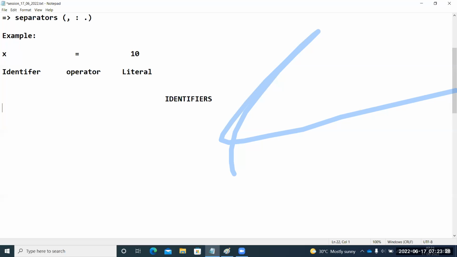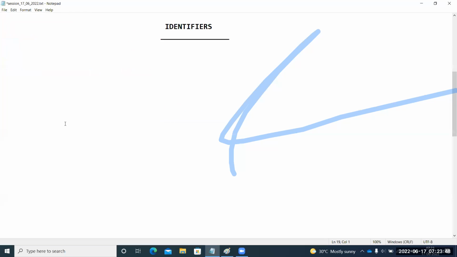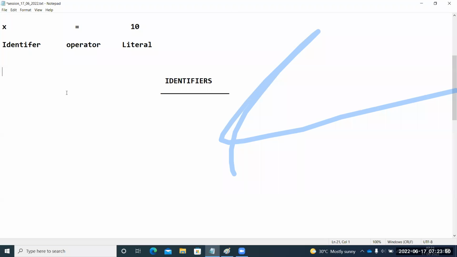So now, identifier rules in Python. Here, 2 things you need to understand, guys. First one is rules that you need to follow. Second one is best programming practices, guys. You want to become a professional programmer, right? Not a simple programmer. If you are learning under me, you should become a professional programmer, right? In this entire world, there are many experts in Python programming, and they are developing programs. What are the conventions followed by those experts? Those are called best programming practices.